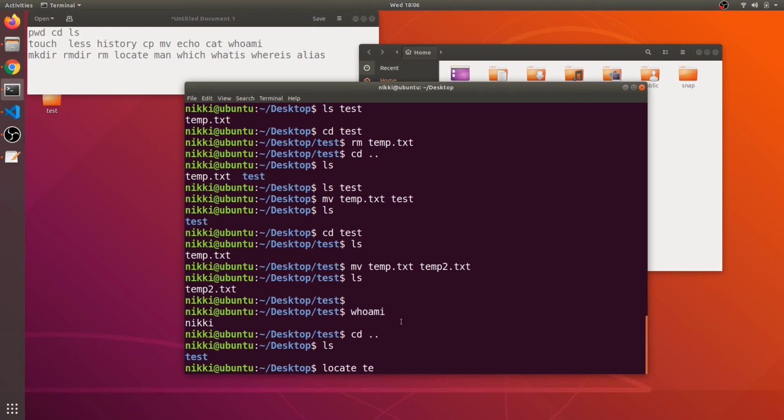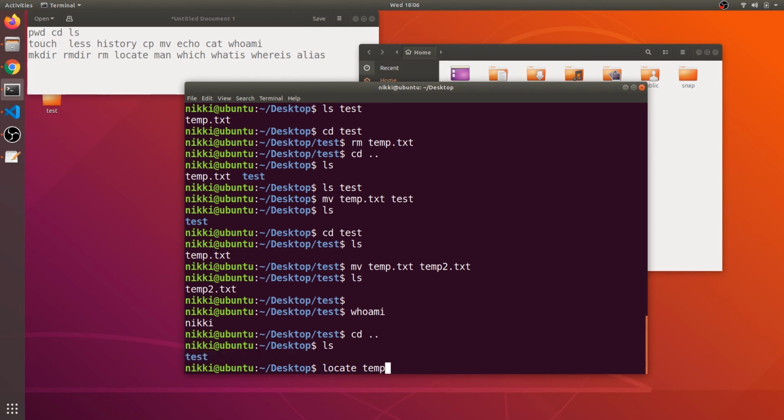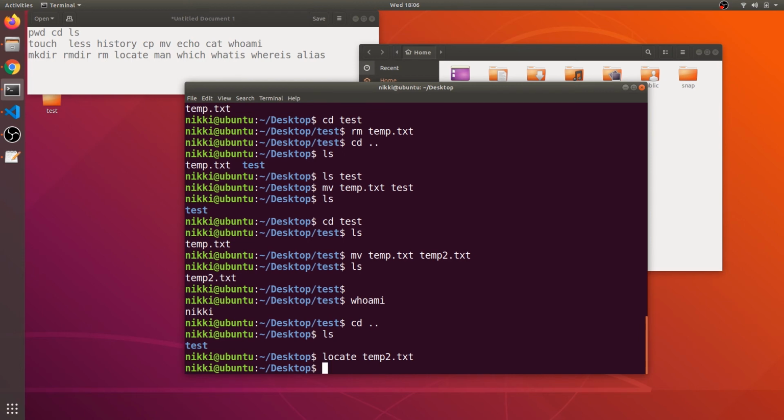Since we know that the temp file is in the test directory, let's locate that file. If I say locate temp2.txt, it gives us no output. But guys, do you think that this locate command has failed?